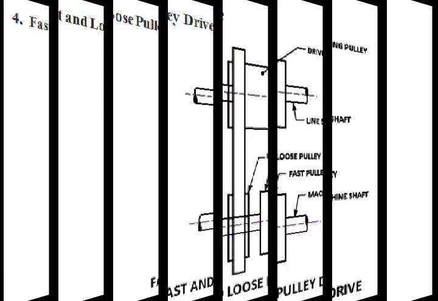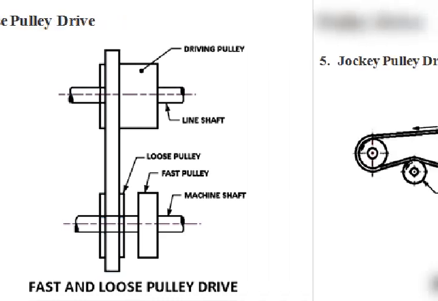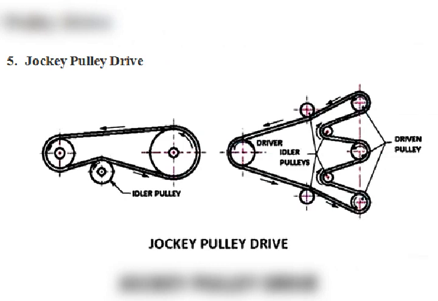When the driven shaft is required to be stopped, the belt is pushed onto the loose pulley by means of a sliding bar having belt forks. Here what generally happens is that the belt is immediately shifted from its actual position on the machine shaft. So automatically the machine can be stopped. That can be operated by using the sliding bar having belt forks. That is the difference or specialty of this particular kind of belt drive.